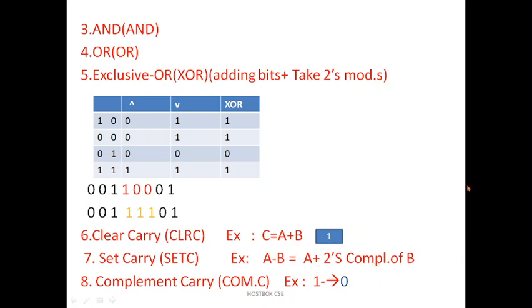How do we get the 2's complement? As I just told you, convert the B value to its 1's complement, and then add 1 to the answer. At last we get the 2's complement. Then we substitute it as A plus the 2's complement of B, and then we can go for set carry. Like that we can perform the set carry operations. You may get some answer. If a carry comes, you have to take care of it, but with clear carry you should not.